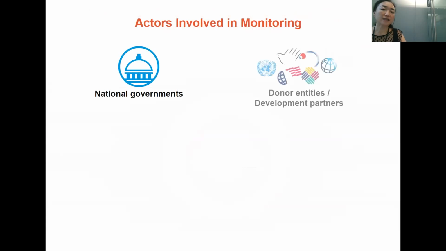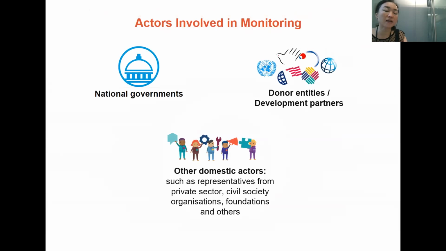Now, as I said, the key feature of the Global Partnership monitoring is the multi-stakeholder engagement.